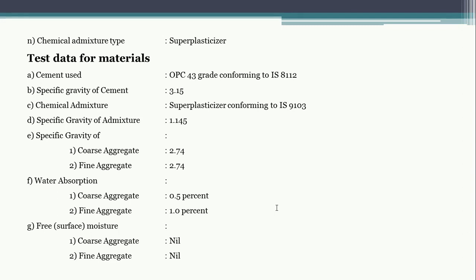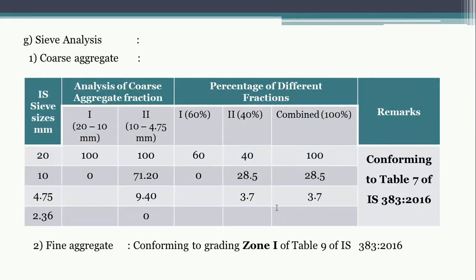In the last class, someone asked the question, if rain has occurred on the previous day, then what will be the water cement ratio? In that case, the free surface of that material will be moist, because if rain has occurred the previous day, then the surface of that aggregate will be moist. Then they will give some value for this, or else they will give free moisture as nil. Nil means there is no moisture on the surface of the aggregates, either coarse or fine. That means the aggregate is dry. So fine and coarse aggregate both are dry. If they give nil, that means the surface moisture of both the aggregates is nil.